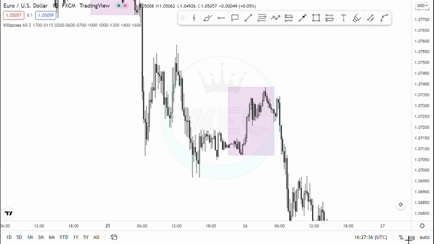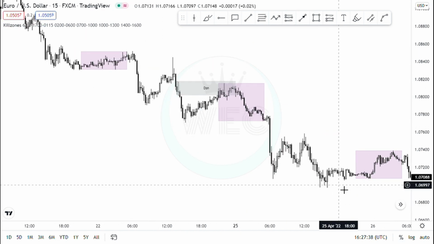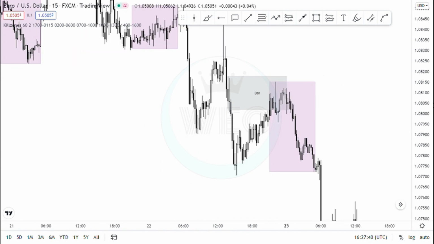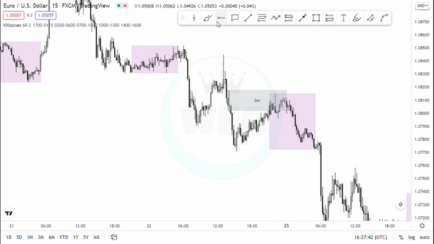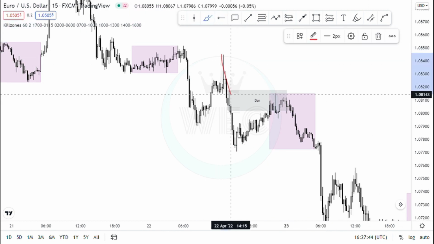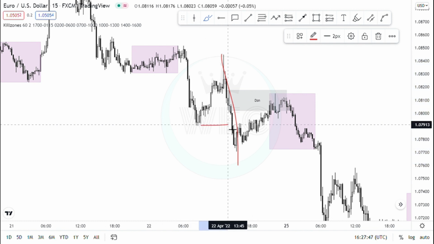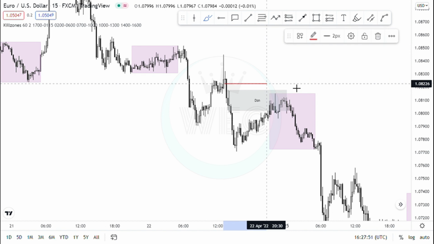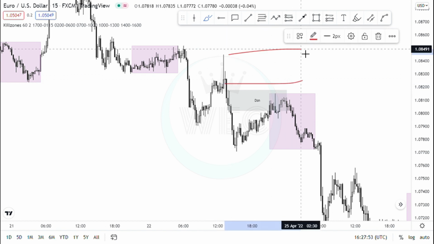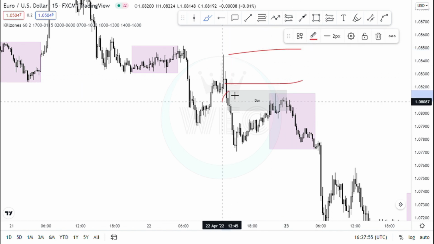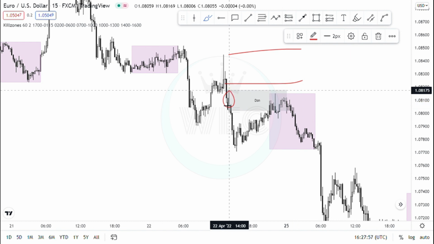Let me see if I'll get any more examples. Yes, so another example right here, we have what? Price making break of structure right here to the downside. Okay, and we have a first supply zone right here and our second one. Okay, so this one is the decisional one, meaning we can look for entries right there, and this is the